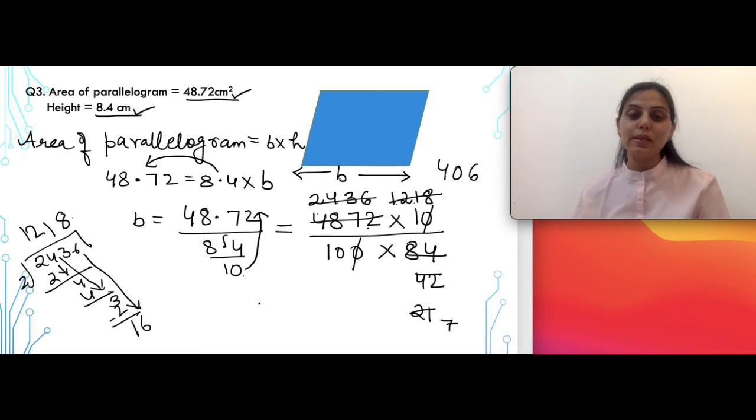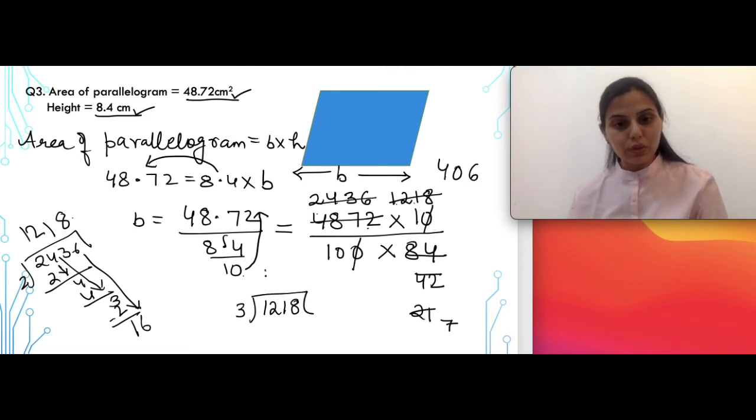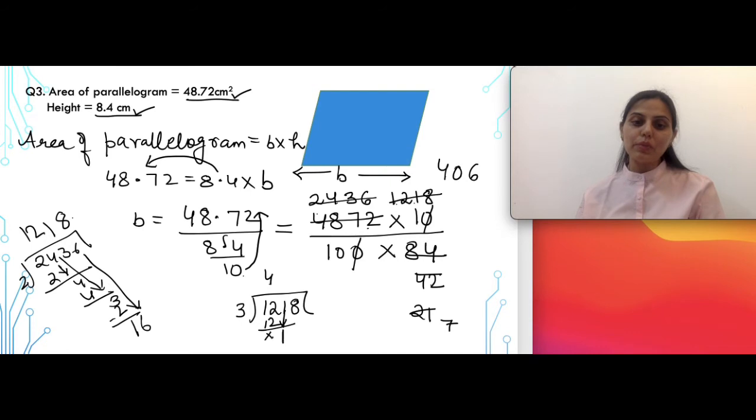Why 406? Now this is a very important step, as I have told you earlier also. If you have the term 1218 and you want to divide it by 3, let's do it by long division. 3 4s are 12, you will get the number 1 here. Now as we all know, if this number is smaller than the divisor, then we need to bring down the other number also. But before we bring down the other number, we are supposed to put a 0 here. Then we write 8 here, and 3 6s are 18. This is how you get the term 406, not 46.